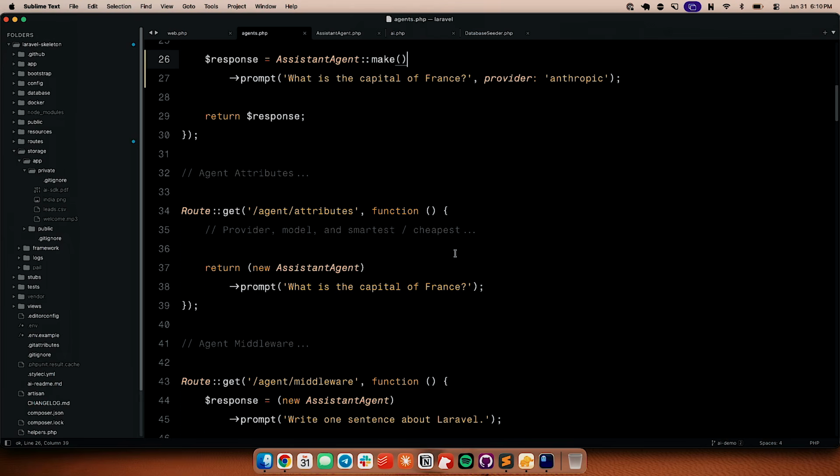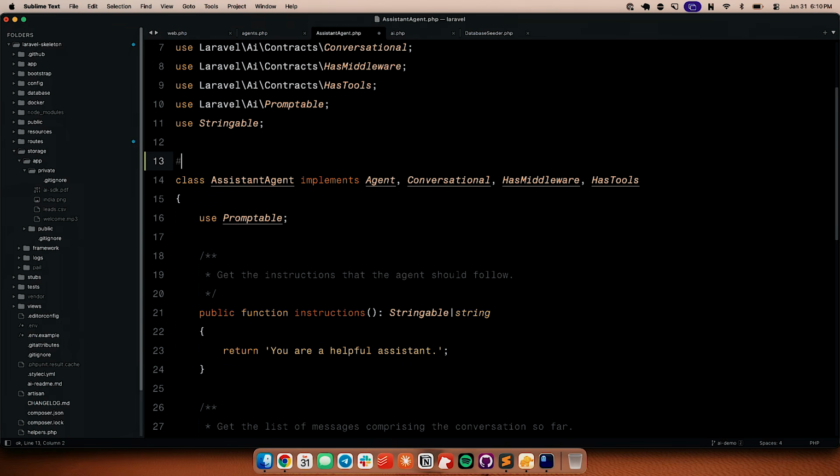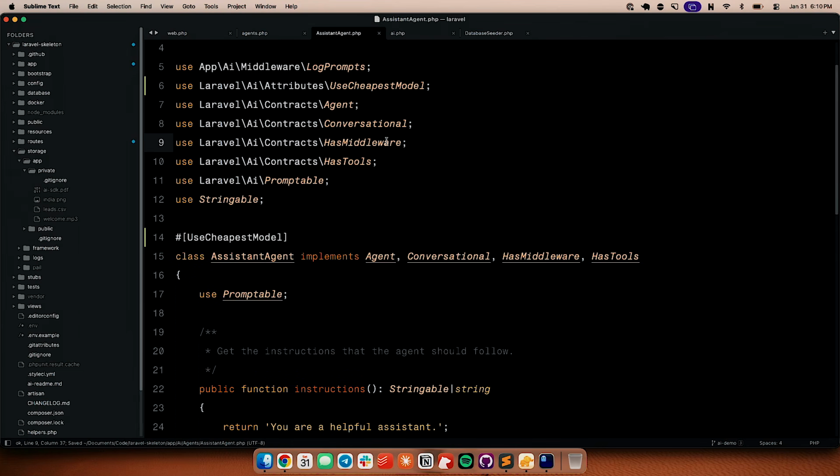So instead of specifying the provider at runtime, I can actually use an attribute here where I just say provider OpenAI. That works fine. There's a lot of other cool attributes you can use. Like I can actually just say use cheapest model. Let me import that. If I put this attribute on the agent, it's going to use the lowest cost model that's still the current generation model for the provider. So if we're using Anthropic, that would be like Haiku on Claude. Or if we're using OpenAI, that would be like GPT-5 Nano. So if you throw this attribute on an agent, it will use